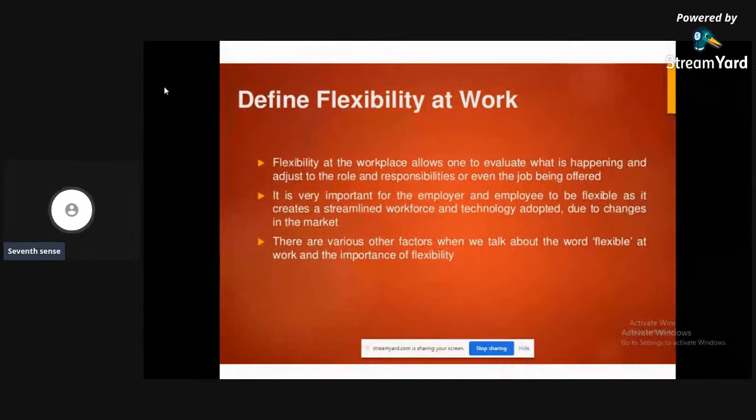This kind of changing nature is called flexibility in the workplace. In this module we'll be discussing the importance of flexibility, and how the word flexible is used in the real-time work environment.